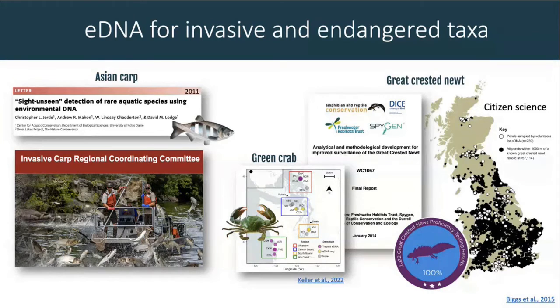Another good example is looking for the invasive green crab up in the Puget Sound, where they've been coupling some traditional visual-based or trapping-based approaches with quantitative PCR-based approaches using a species-specific eDNA